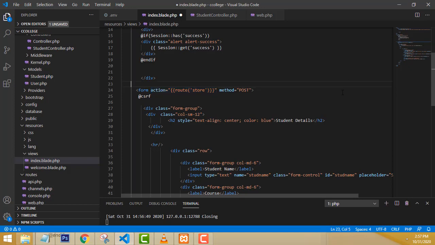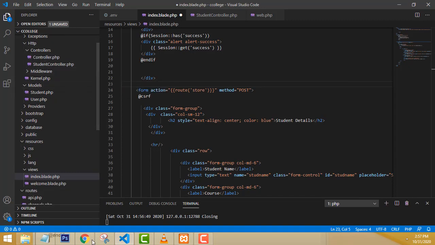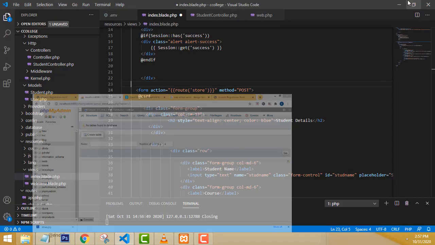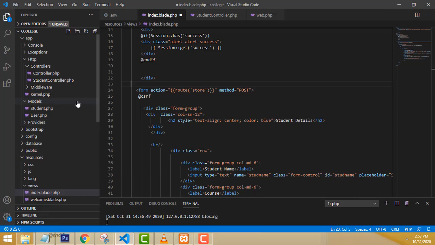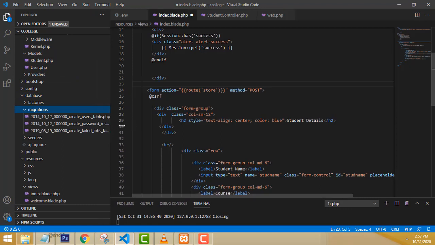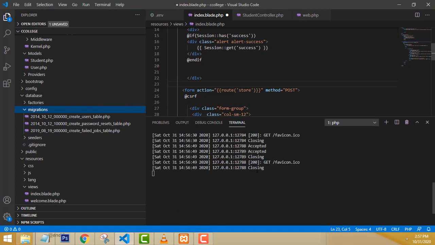Now what I am going to do is, we created the controller successfully, and the model successfully. Now I am going to make the tables, right? We already created the database here successfully. Here you have to create the table. So how to create the table? Very simple. Go to the database folder. Inside the database folder, there are migrations. Now I am going to create the database table, right?